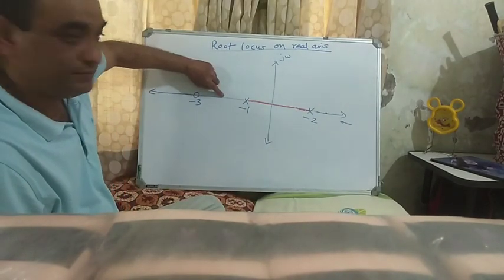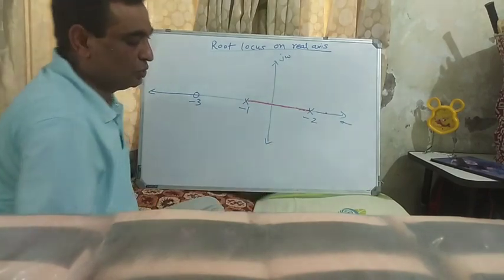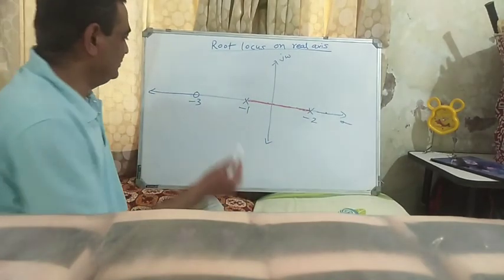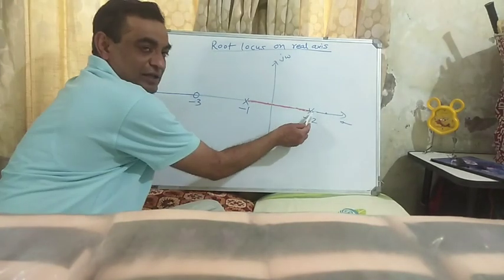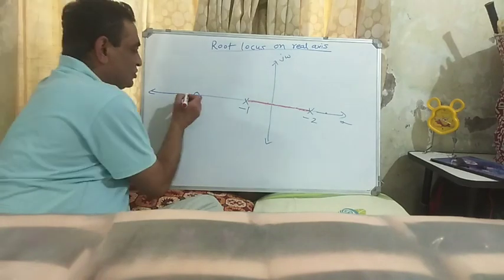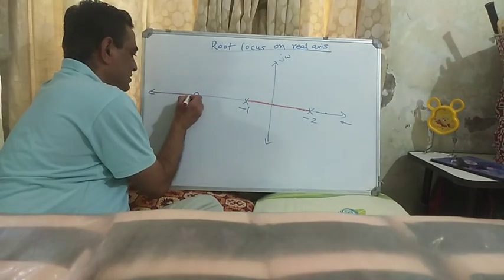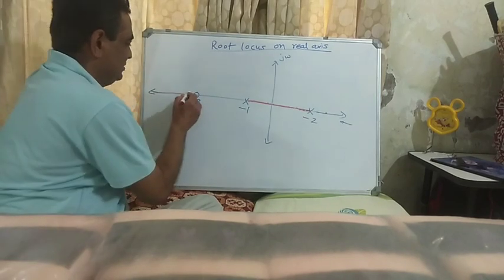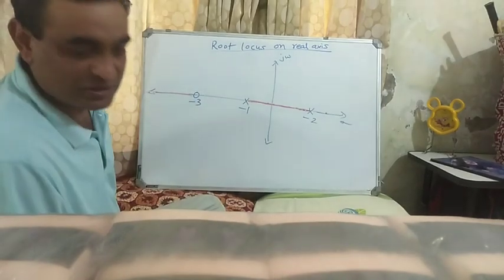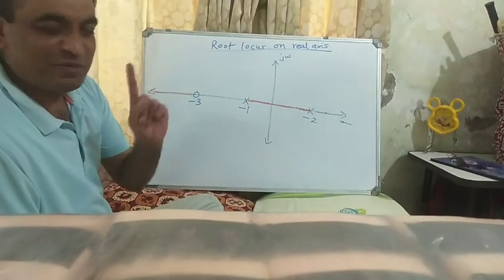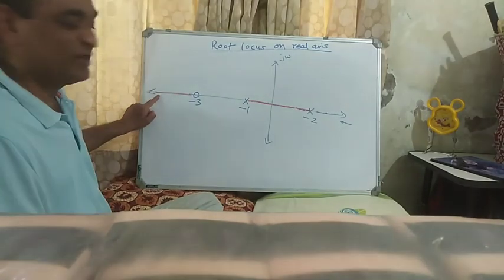What about this point? To the right hand side, 1, 2. So it is even. It is not a part of the root locus. What about this point? Yes, 1, 2, 3. So it is a part of the root locus. So entire this line is a part of the root locus towards the infinity. Okay. So till infinity it is a part of the root locus, and we know that one branch is going towards the infinity along the direction. So that would be probably this branch.